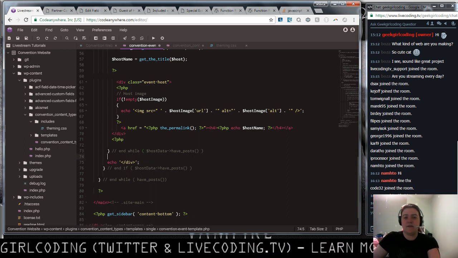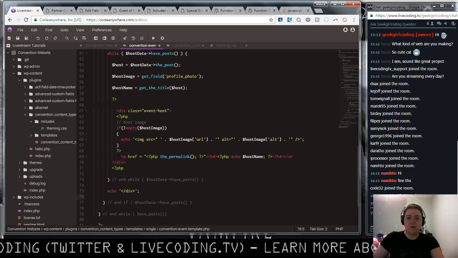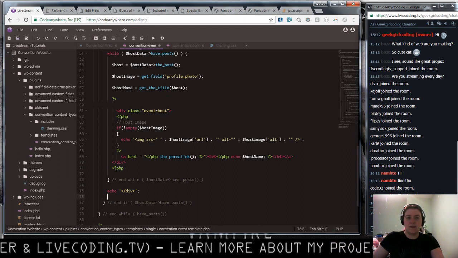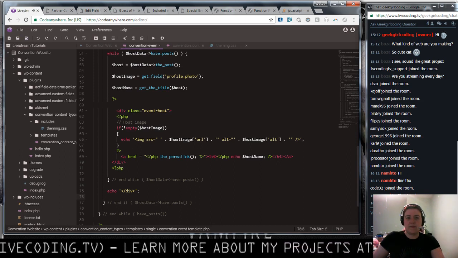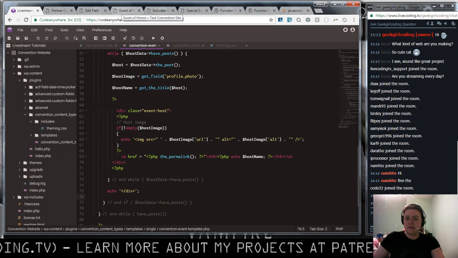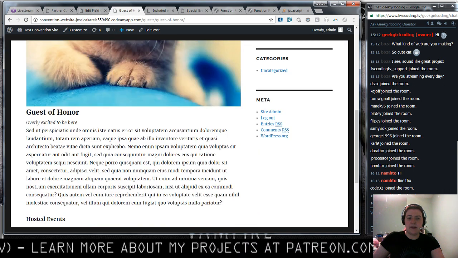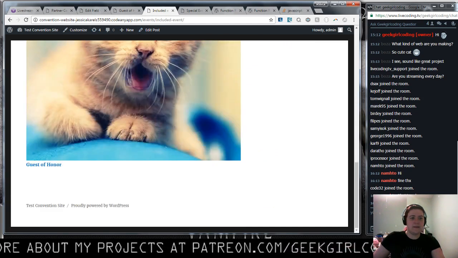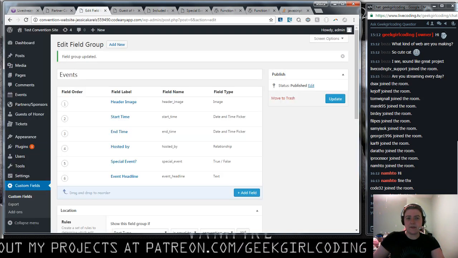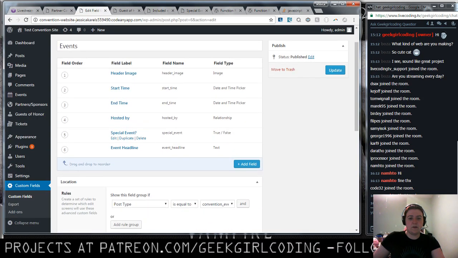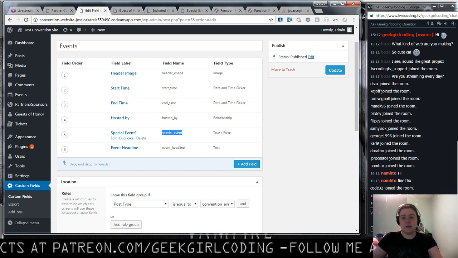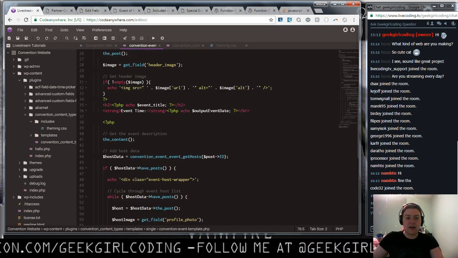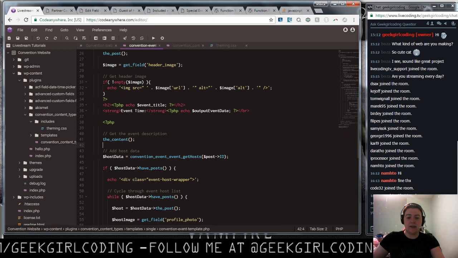Alright, so we have this wrapper taken care of, and then what we can do is we have event host. And I think we got event host name on the events here. So what we can do is go back over, we'll first do this and then do some cleanup. There's like 5 or 6 things I want to do at once here. Alright, so we went through, we added the content, and then what I will do is